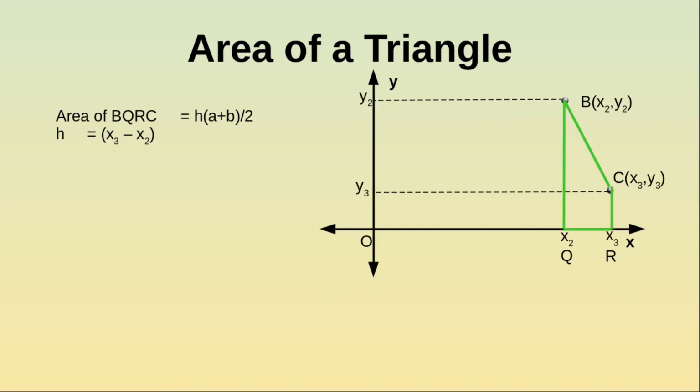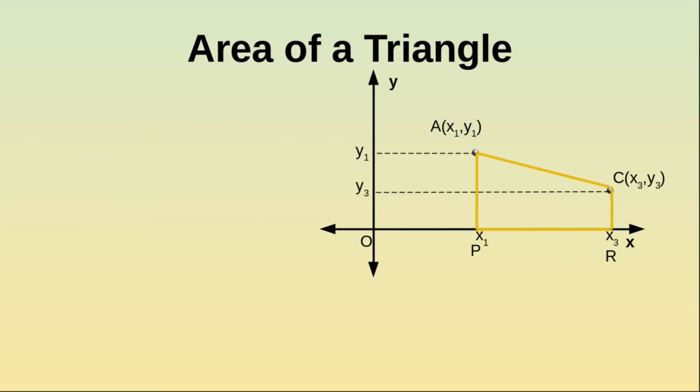Here the perpendicular distance between the 2 parallel lines is basically QR, and also the lengths of the parallel sides are A is equal to y2 and B is equal to y3. So here the area of the trapezoid BQRC is equal to x3 minus x2 into y2 plus y3 whole divided by 2. Now we are left with a last trapezoid, that is this